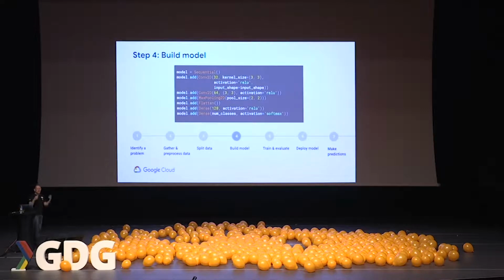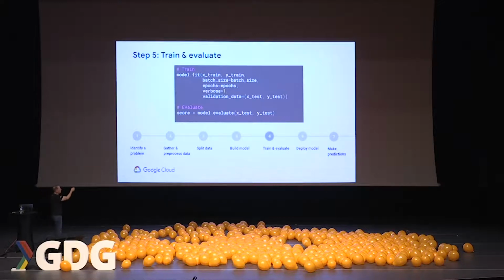Then you're going to build that model. And this basically is the world's simplest neural network that I've defined up here. So I have a sequential model. These are just one layer after another. I'm going to start out with a convolutional 2D, and I'm going to use a 3x3 kernel size. I have to specify my activation function. In this case, it's ReLU, or Rectified Linear Unit. Turns out that is very effective for things in the real world. It's just a linear function that stops at 0. Like with brightness, you can't have negative brightness. You can have brightness from 0 up to something high.